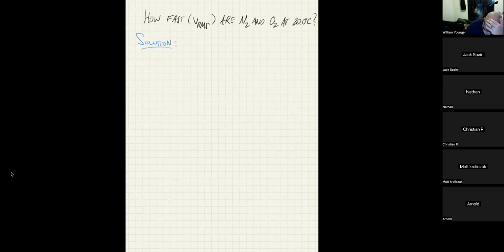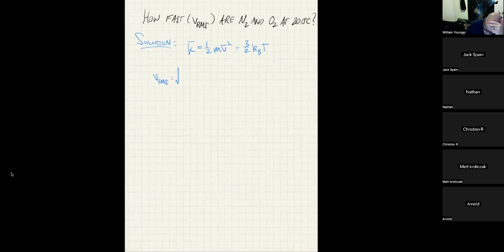What we have here is that the average kinetic energy, which is 1/2 m v bar squared, is actually equal to 3/2 kB T. So I can say VRMS, which literally means take the square root of the square of the mean, like that. And of course, when I have the equation written up here, this 2 and this 2 are going to cancel each other out. And I'm going to get the square root of 3 kB T over m. Okay. Now, m has to be the actual mass of the molecule, in this case, N2 and O2. So now I can say, first off,